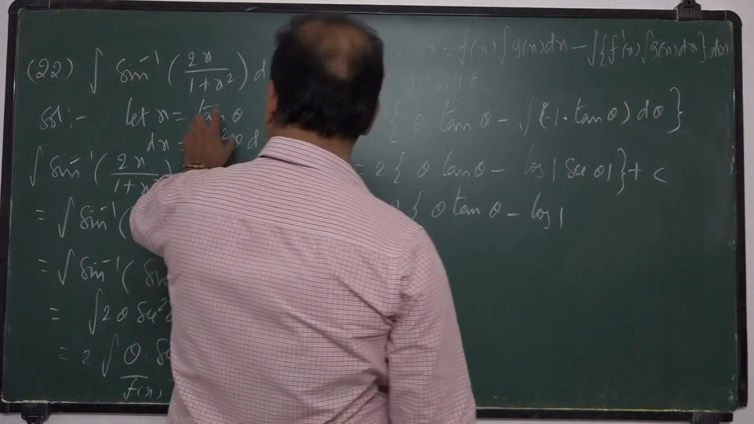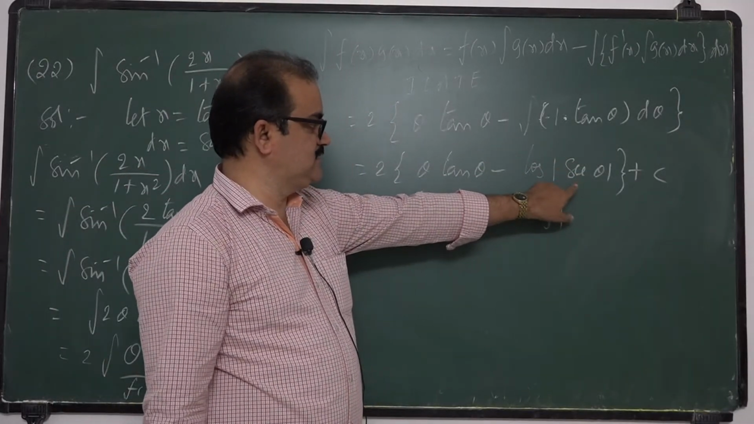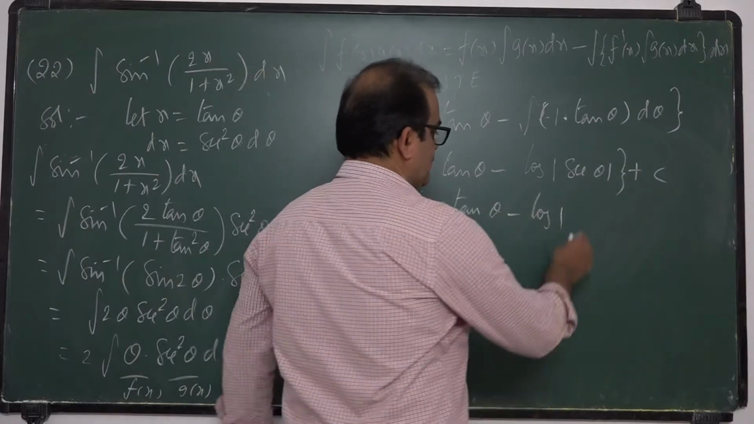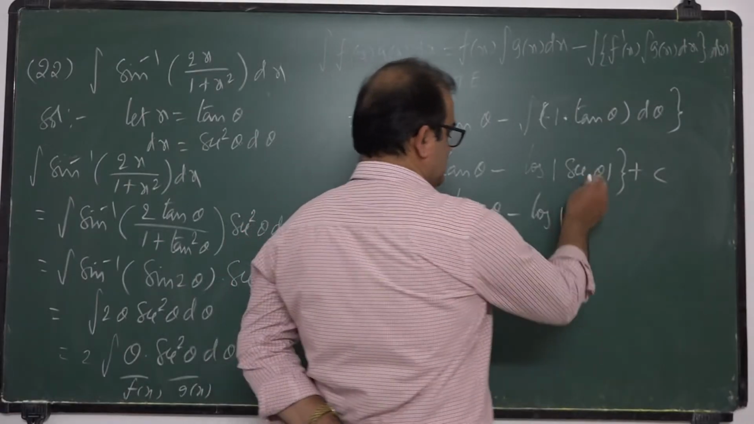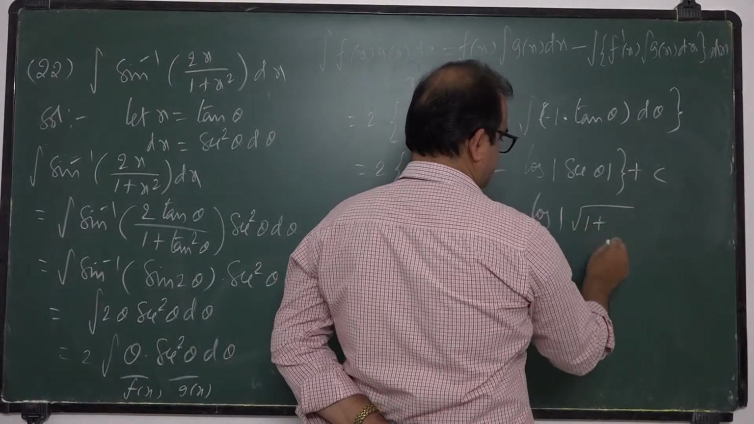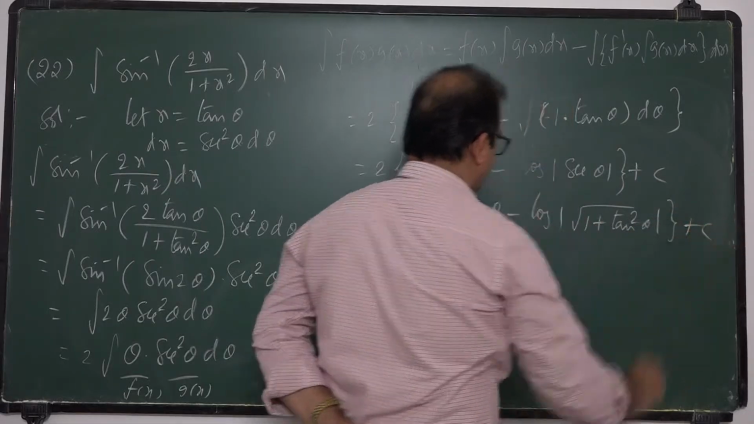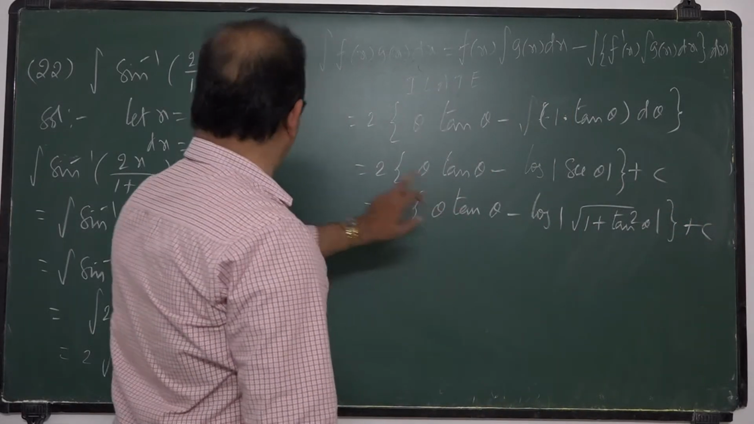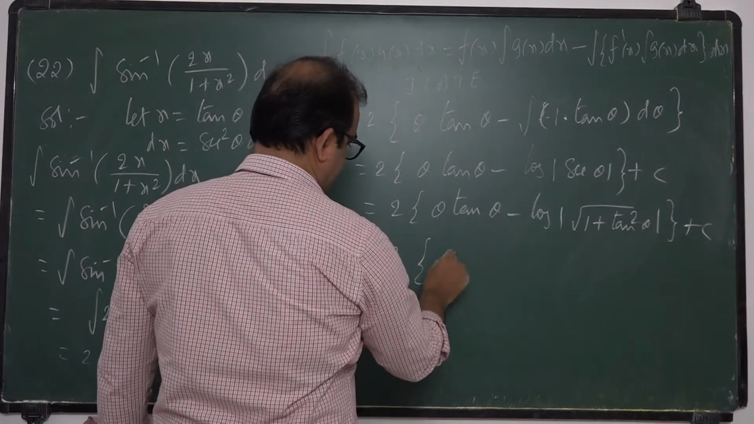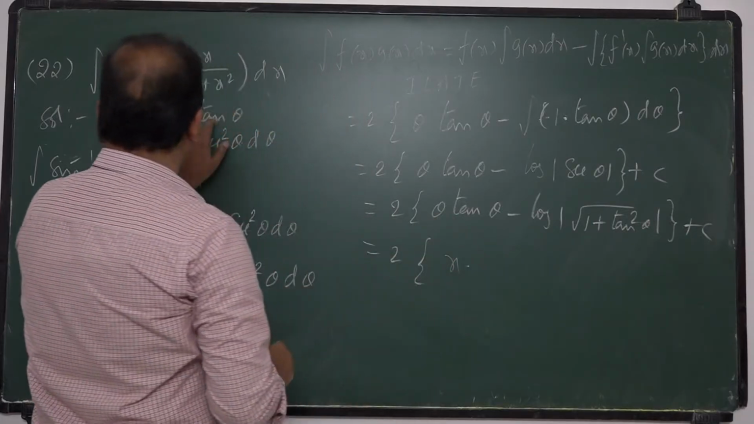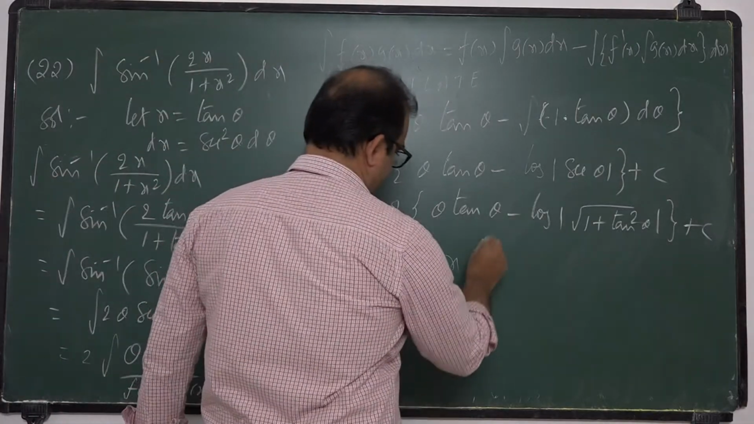We know the value of tan theta. Tan theta is x. So you must express secant theta in terms of tan. Secant square theta is equal to 1 plus tan square theta. Secant theta is the root of 1 plus tan square theta, plus c. But what is tan theta? x. 2 into tan theta x into theta. If tan theta is equal to x, then theta is equal to tan inverse x